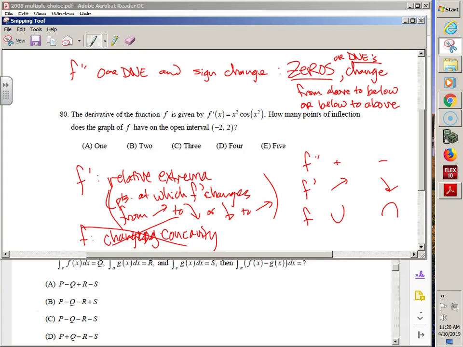In the second trace menu, you don't have points of inflection, but you do have maxes and mins. So if I needed to find points of inflection, I could find maxes and mins of F prime. But guys, they don't even ask me to find it precisely, even though I could. They're just asking me to count. So how many hills